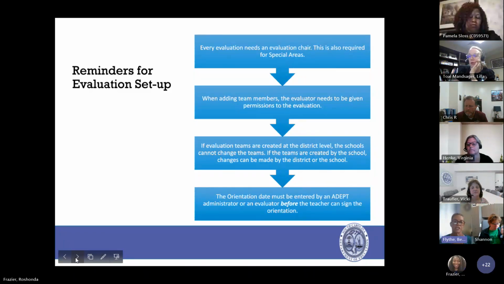If the evaluation teams are created at the district level by a district ADEPT coordinator, then school principals do not have the ability to change the team. But if the building administrator creates the team, then the district office or the school can change the team. And then the orientation date must be entered by an ADEPT administrator or an evaluator before the teacher can sign the orientation.